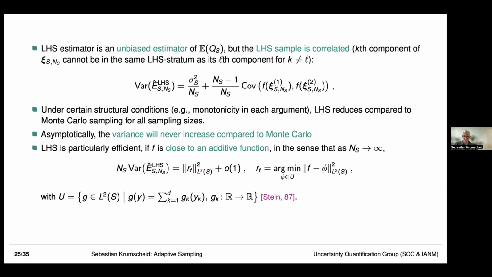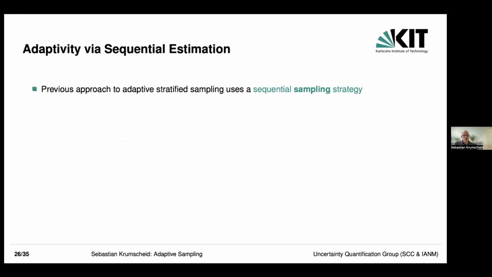Okay, so lots of appealing results. How can we use this now? We want to use it adaptively still. What we did in the first part was adaptivity by sequentially sampling. Let me say that again. We used some batch, we had a stratification given, we used some samples, and we changed our stratification using some variance indicators. Then we assign our samples to the new strata, and we add samples to already existing strata based on our sample allocation rule.